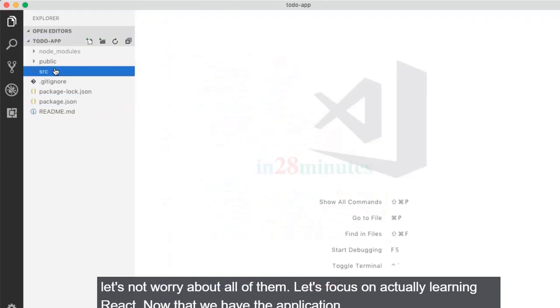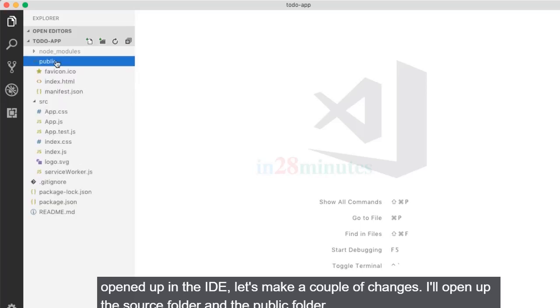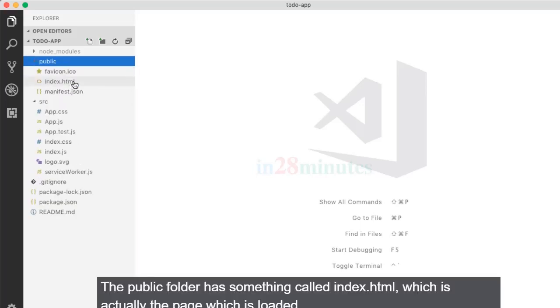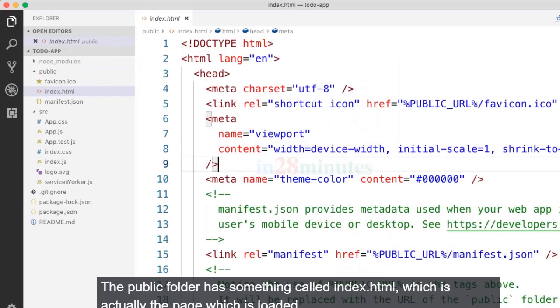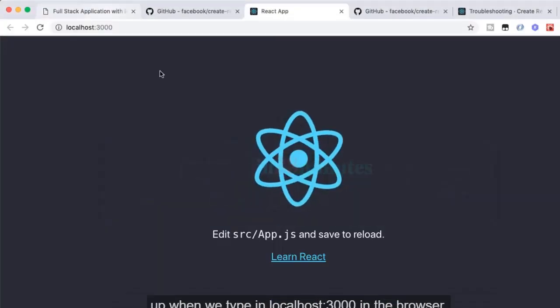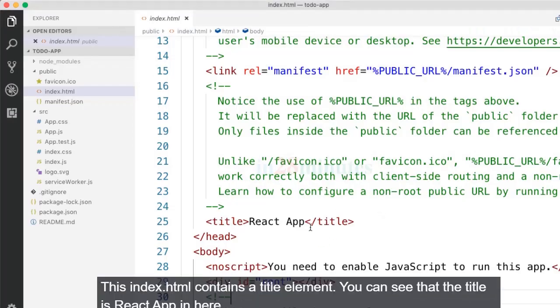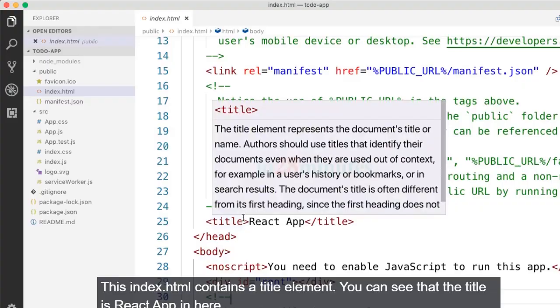Now that we have the application open in the IDE, let's make a couple of changes. I'll open up the source folder and the public folder. The public folder has something called index.html, which is the page which is loaded up when we type in localhost 3000 in the browser. This index.html contains a title element.